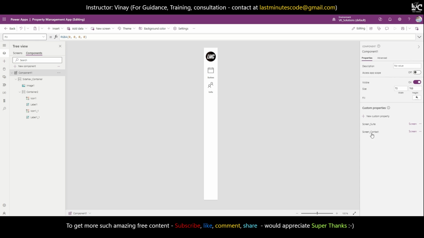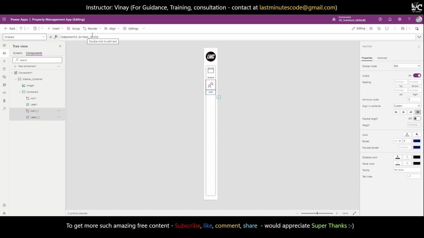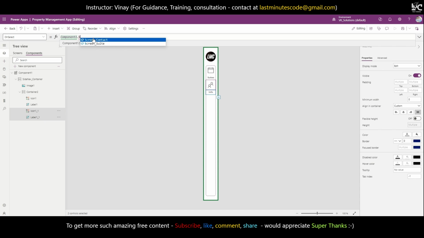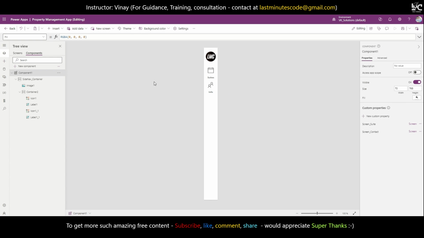Okay, now you can see the screen contact has been created up here. So I'll select these two. These two will be navigated to screen contact. So I'll change this. There are multiple ways to do this. It's not that you have to do it exactly the way I'm doing, but it's like that. Okay, so once this is done, this looks good. Now what we need to do is,